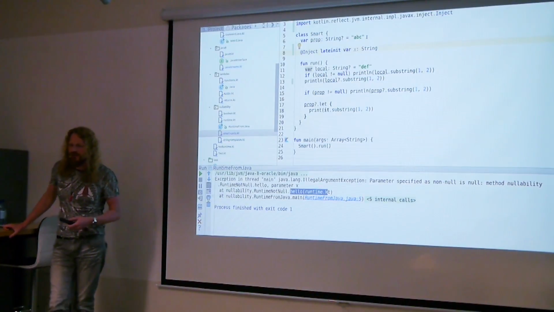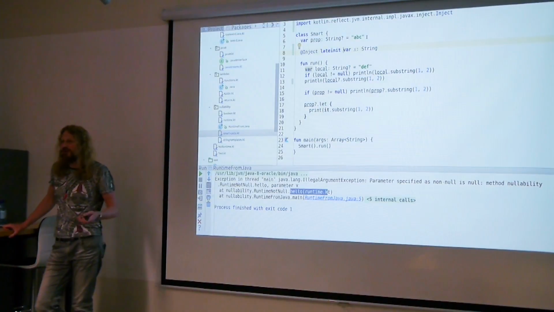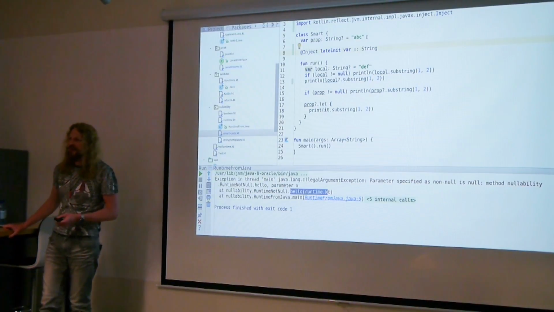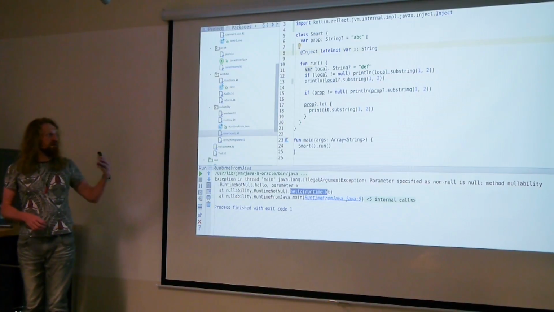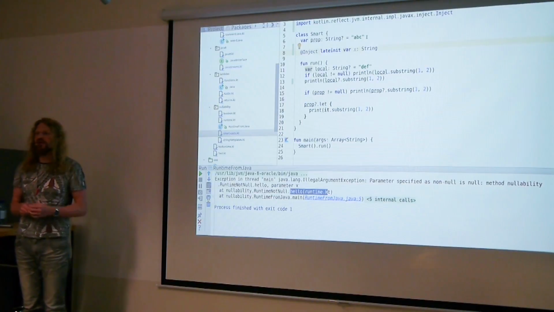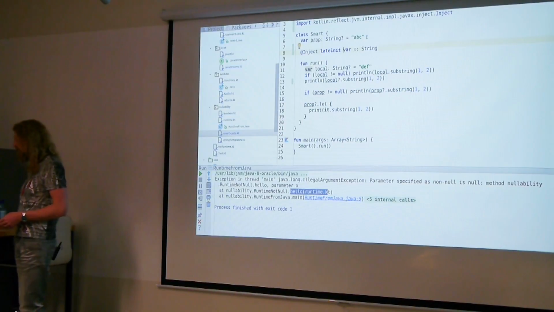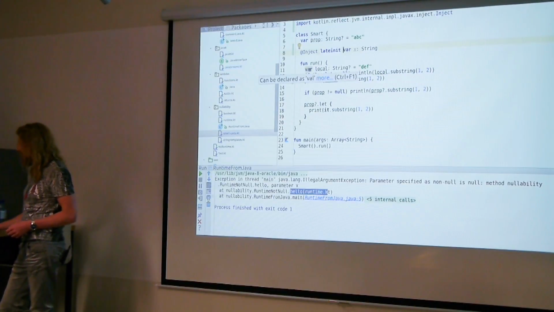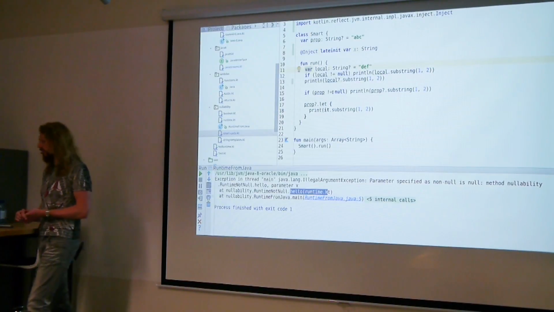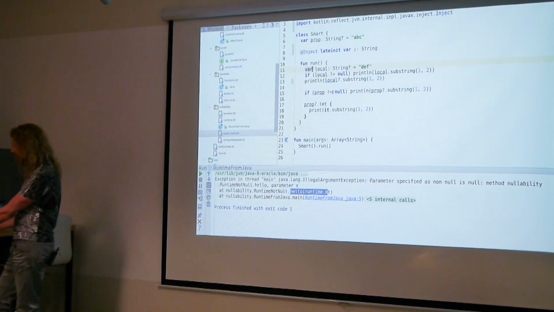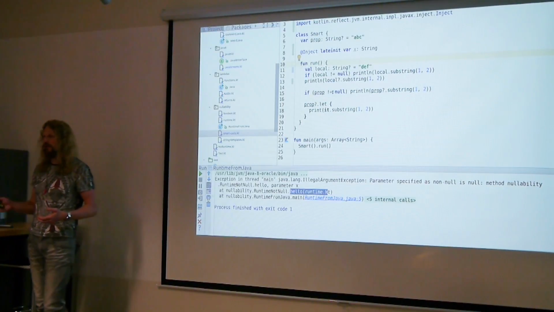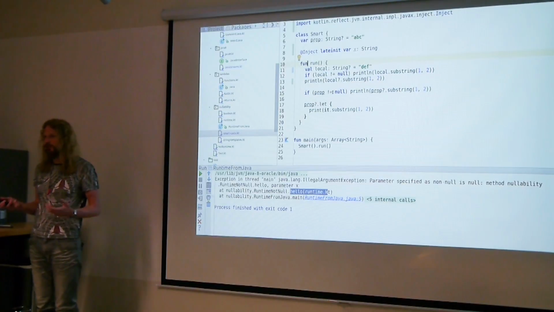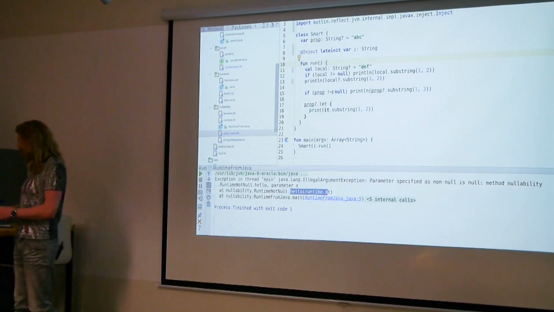If you abuse it, you will just get null pointers in runtime. So the compiler will not help you. Maybe in the future they will make some better new inspections in IntelliJ, so it will show you a warning or something. For example, this kind of inspection didn't exist a month ago, but now it tells me that, hey, this variable is actually immutable, so you can change it to val. And I think they will add even more. They are constantly adding more and more inspections that will keep your code better, like with Java.